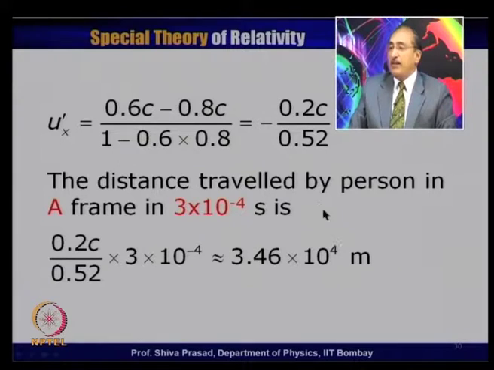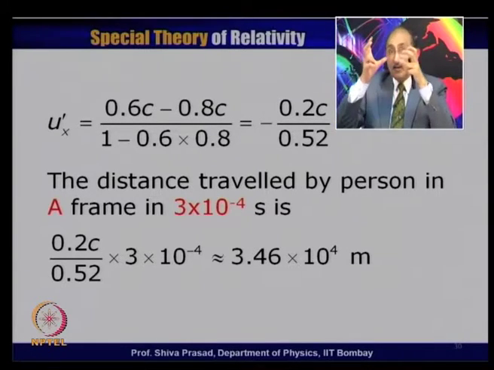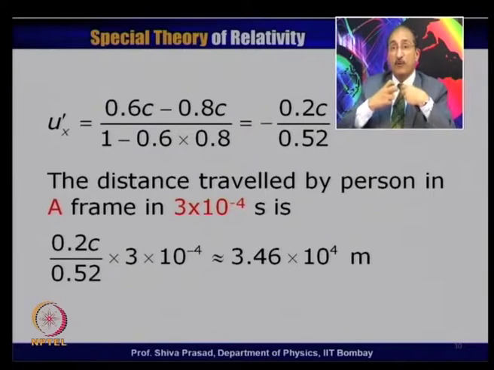Now, the distance travelled by the person in A frame, as we have just discussed, until the time his watch shows t prime equal to 0, will be the speed with which this train is moving towards him, multiplied by the time I am talking about, which is 3 into 10 to the power minus 4 seconds. That comes to approximately 3.46 into 10 to the power 4 meters. So this is the distance that the compartment would have moved in the ambulance frame of reference